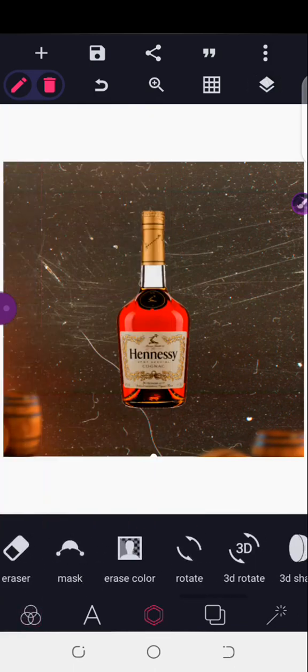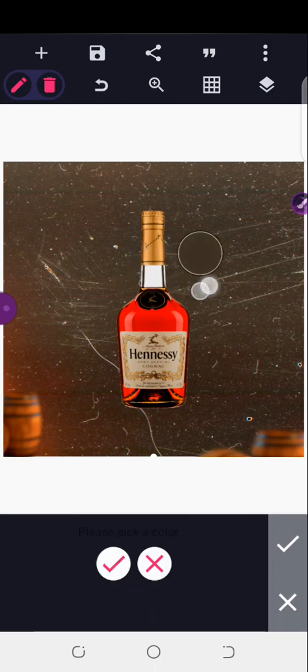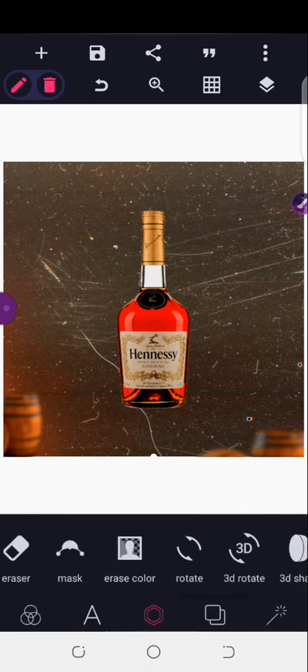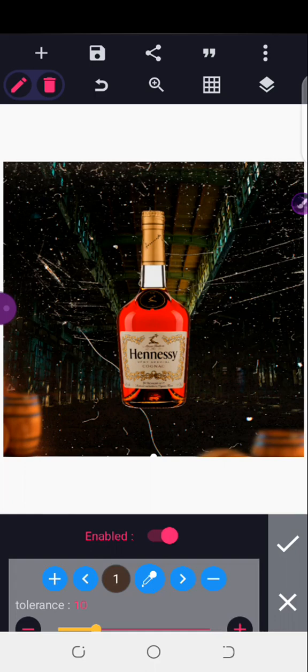So we'll come to erase color. By default it's white, so you click on this eyedropper tool. Now it's already in. We're actually working with that shape. That's why you're seeing it's not giving you the color of the bottle, because to it the bottle is invisible. It's only giving me the color of the background. When we selected the bottle, then you'll be getting the color of the bottle. But since it's just the background with that shape, this background is selected, that's why it's just giving me the brown. So if I click on this, now when I click on this check mark, so you see,